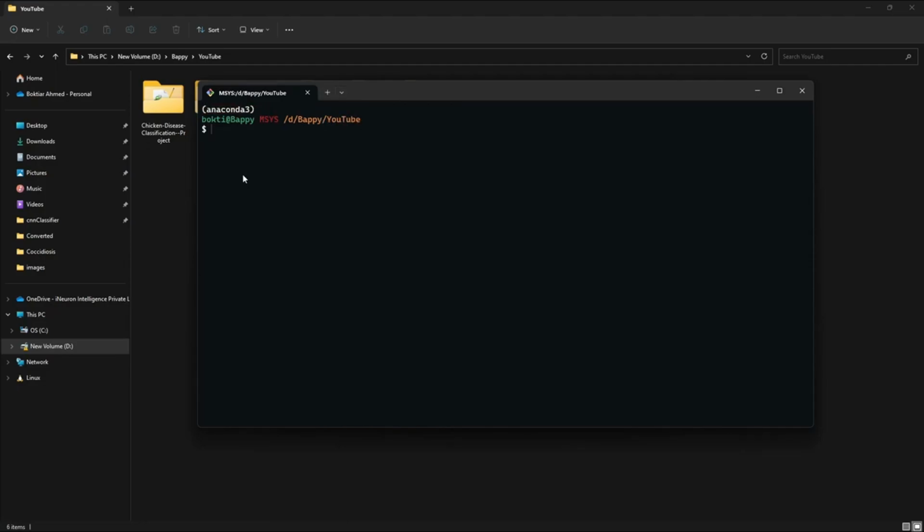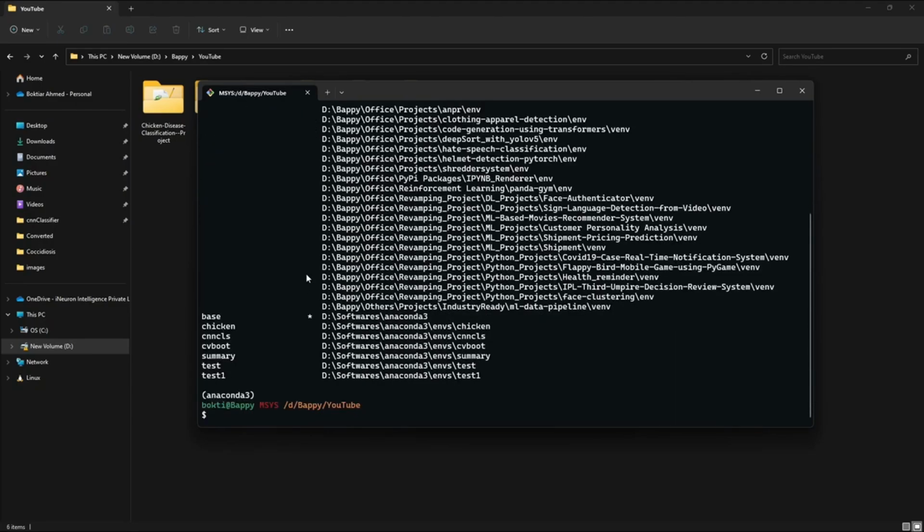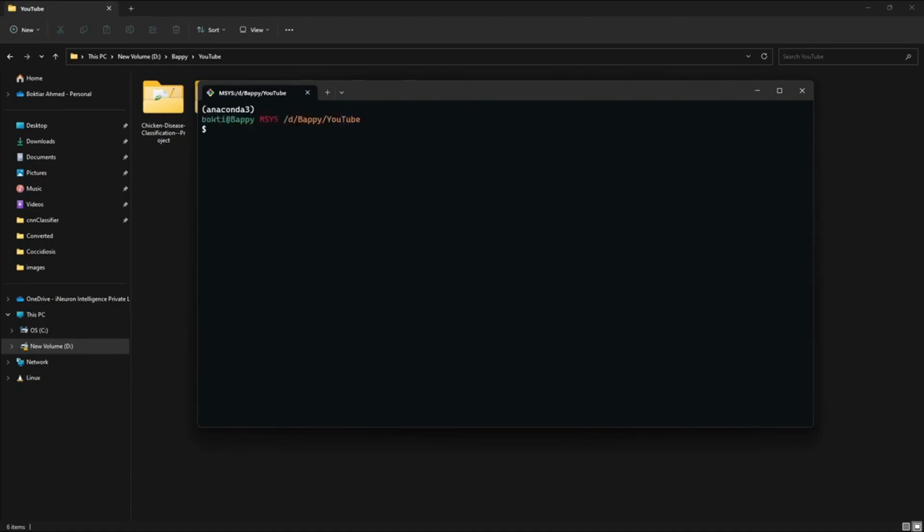So if I run any kind of Anaconda command, let's say conda env list, related conda commands would be able to run. See, you can see these are my environments. So basically I need conda configured with your git bash, and this is the bash terminal. You can execute any kind of bash command from here. So ls is a Linux bash command. See, I'm able to execute it from my git bash. So that is why